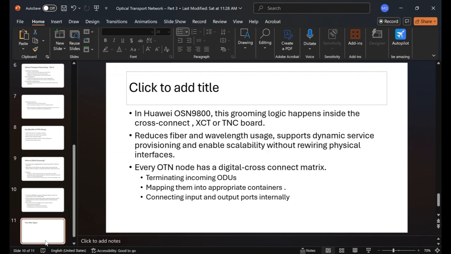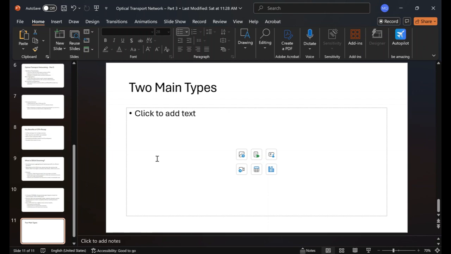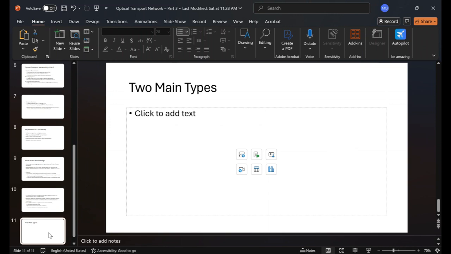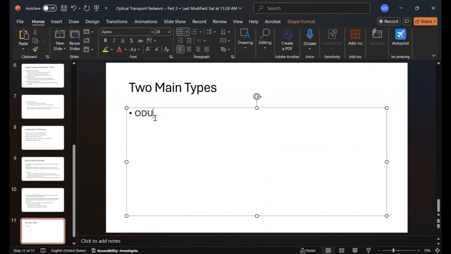And now cross connect functionality explained. So we know that every modern OTN node has a digital cross connect matrix responsible for terminating incoming ODUs and mapping them into appropriate containers and connecting input and output ports internally. So now we are looking into two main types of cross connects. Number one is ODUk non-blocking cross connect,